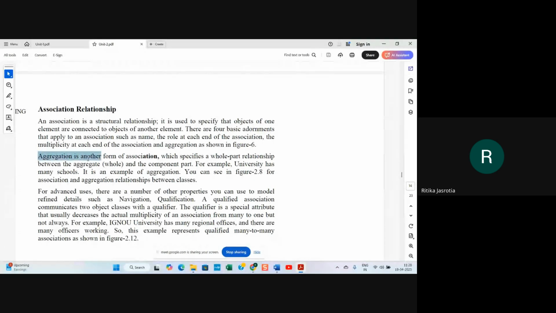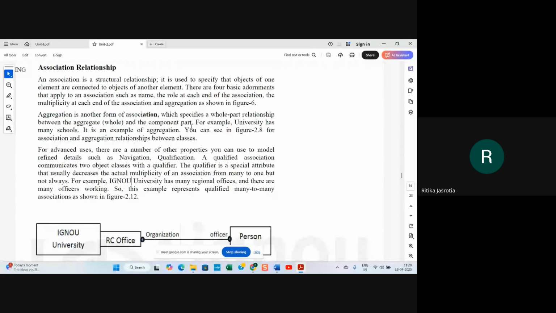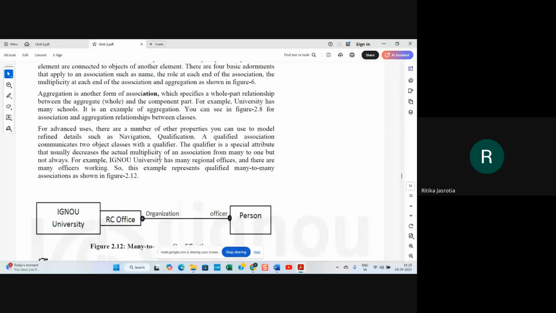One is aggregation, which is one form of association where you specify a whole-part relationship between the aggregate whole and the component part. For example, a university has many schools. It is an example of aggregation. Schools are part of the university, so that means an aggregation relationship, which is shown with a diamond.